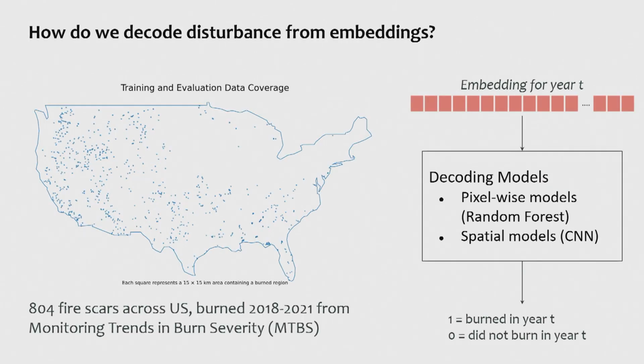And when Jovina took these existing fire scar maps from across the US, where people have painstakingly drawn around aerial photographs to come up where the map occurred, she's done these sort of simple analyses of these embeddings. One is just pixel-based, so there's individual 10 meters using random forest, very straightforward machine learning approach, and one is a bit more complicated, looking at the local neighborhoods with a neural network.